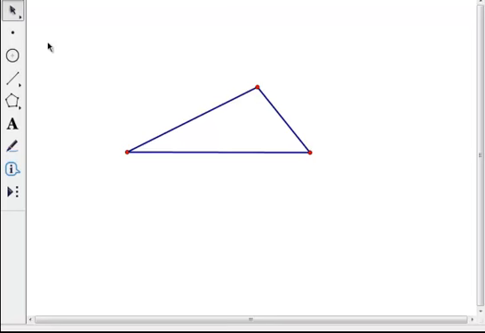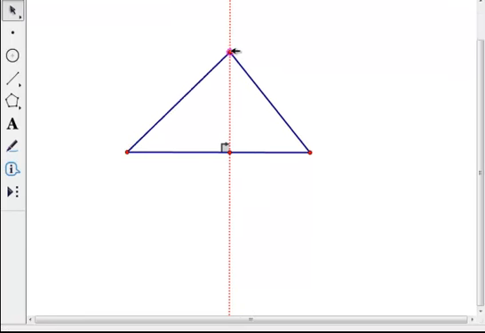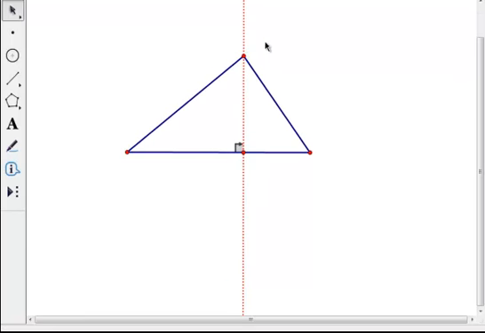The altitude is going to be a perpendicular segment from a vertex to the opposite base. So if I construct that perpendicular, here's my right angle. That's my altitude. And when you're dealing with altitudes, if you have an obtuse triangle, you would need to